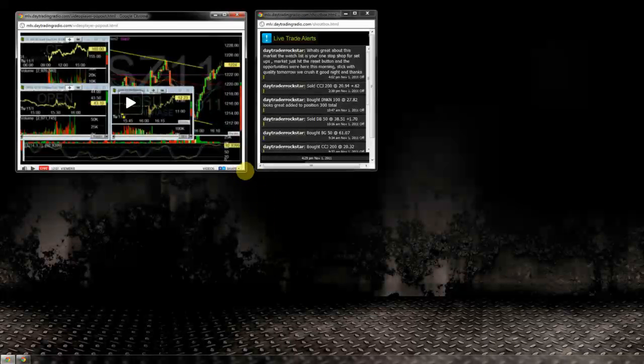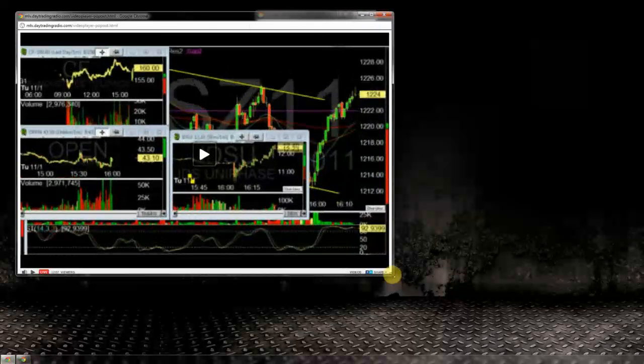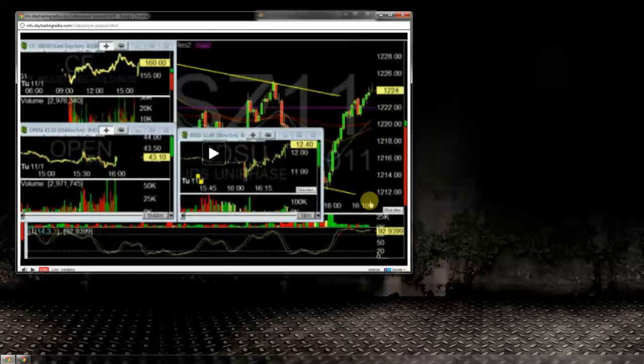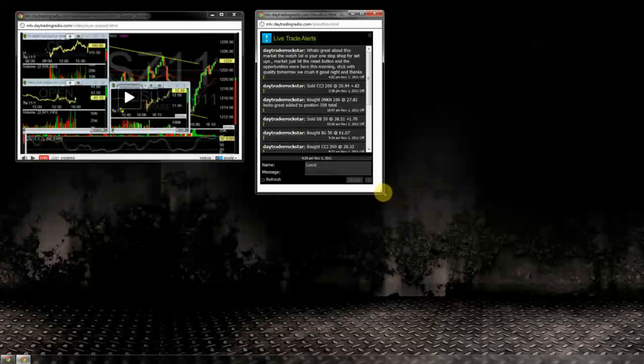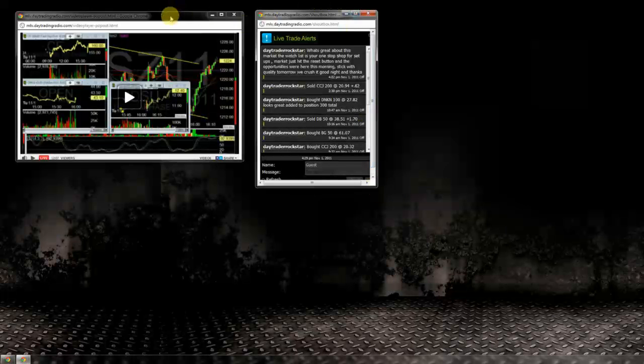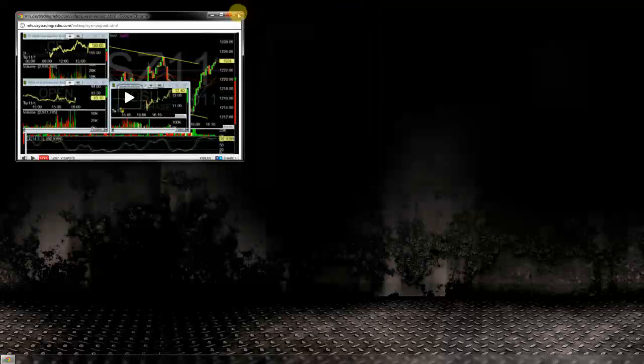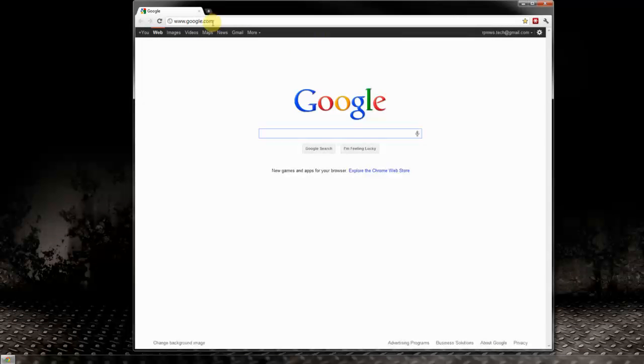You can also drag your windows and make the video larger, any size you want. Put it on your favorite screen, however you want to do that. You could do the same thing with the Live Trade Alerts box, although it's really formatted to a certain size that it wouldn't really matter. Of course, you can do that with the chat room, and you always have been able to. So those are some of the ideas that we're experimenting with at Day Trading Radio instead of you being locked into the page